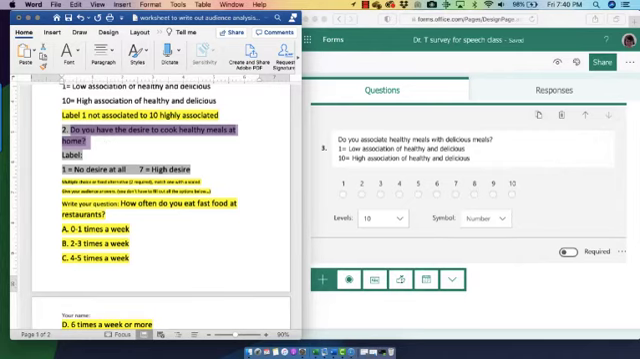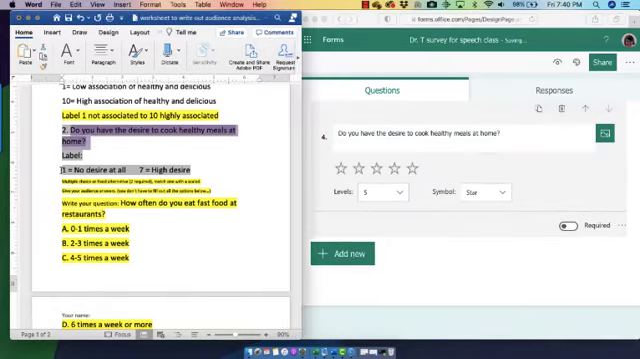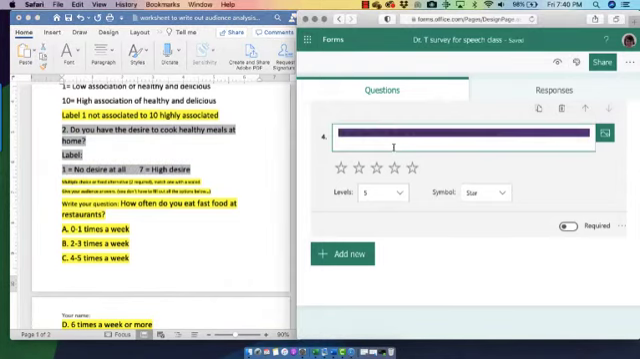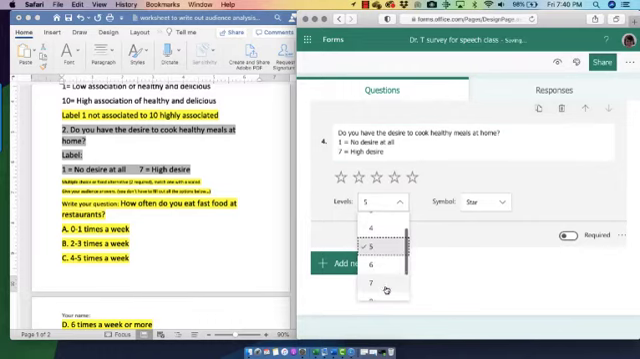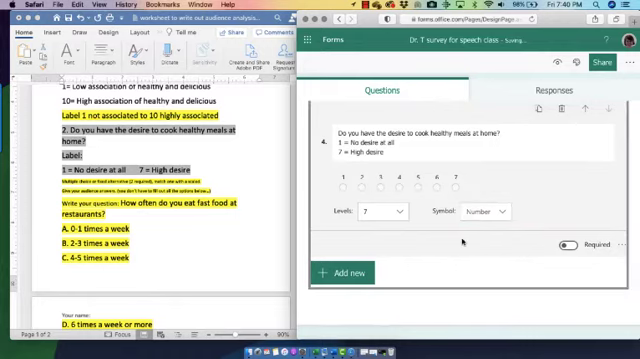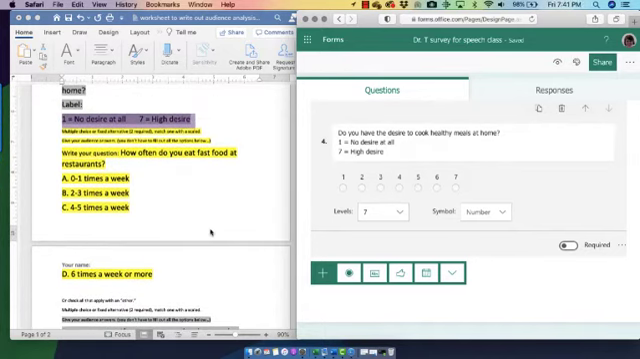I'm going to again use the little thumbs up. I'm going to add in the question. I am going to add in the labels. I'm going to change the scale and change it to number. And that is done. Now let's move to the next question, which is a multiple choice question where